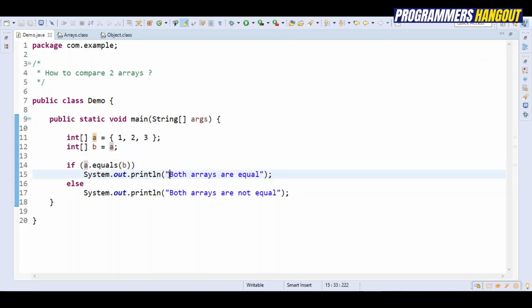Inside the java.util package, there's an Arrays class. This class has an equals method, and this method is basically used to compare elements of two arrays. Let's see.